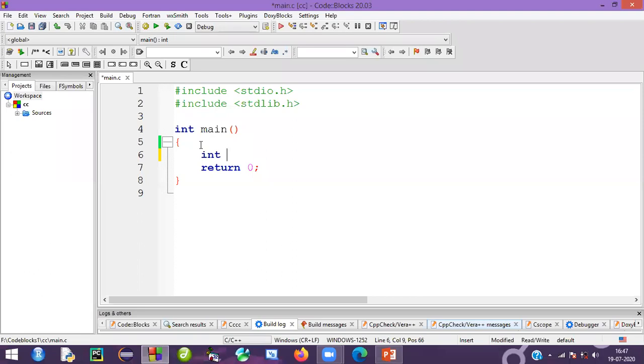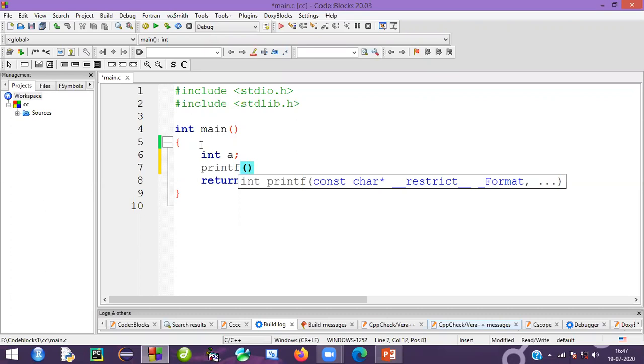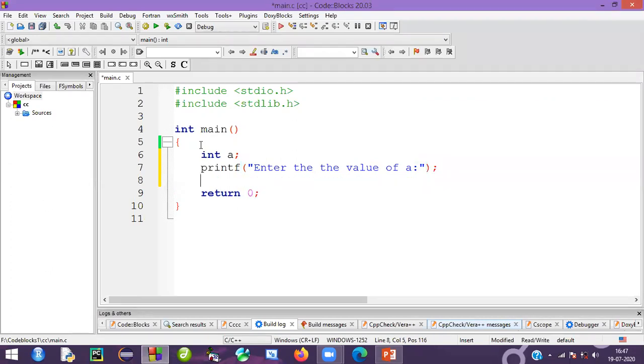Integer, I am going to take a variable a. First I will print "enter the value of a". Semicolon is a must.